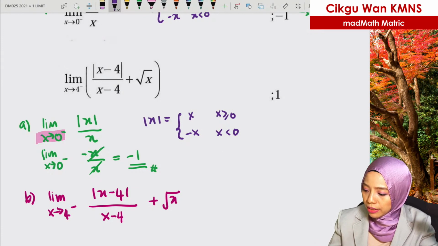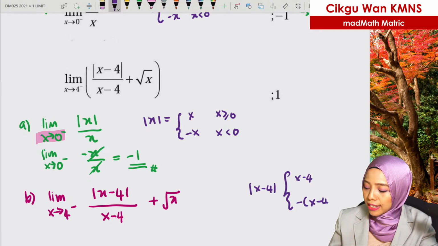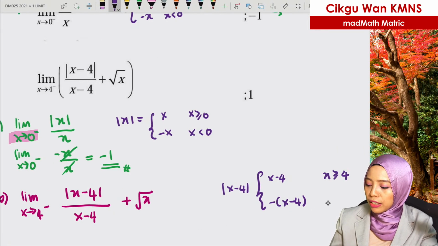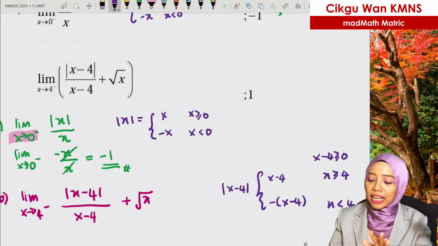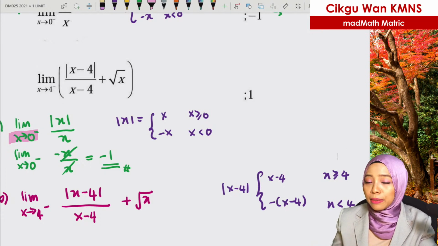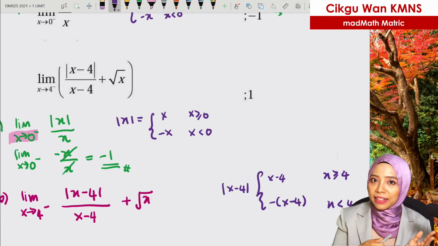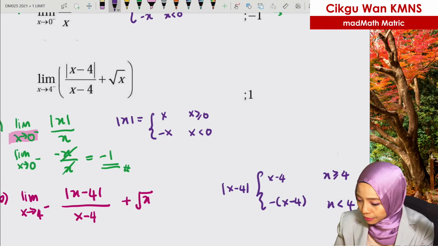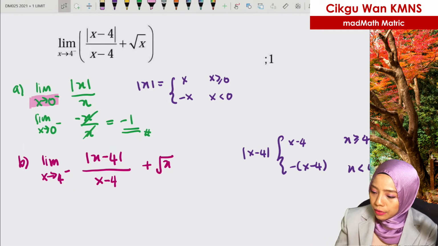Okay, so again, you know that the absolute value of x minus 4 can be x minus 4, or negative of x minus 4. Here x is greater than 4, here x is less than 4. First, you have to get the top part by doing x minus 4 is greater than or equal to 0, and then you rearrange, you will get x greater than or equal to 4. And then the bottom part is the complement of the interval at the top. Okay, so now we continue.